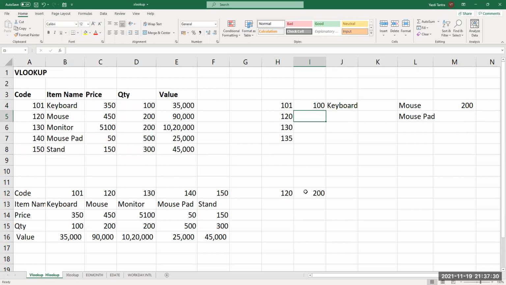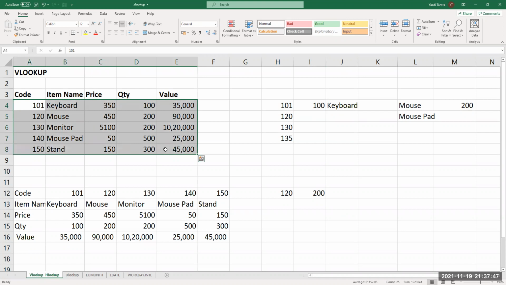So you can look up the quantity, the price, the value, the item name, whatever you want to look up. What is important here is you have to have all these in a contiguous range.